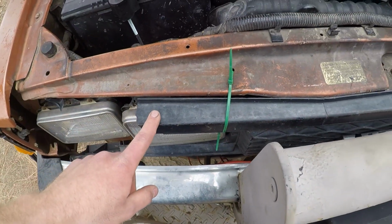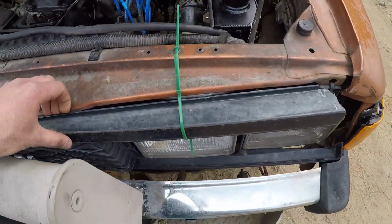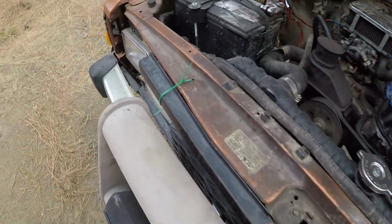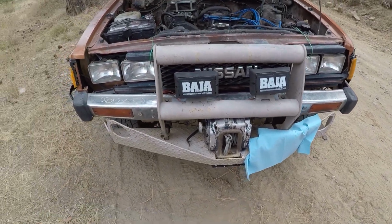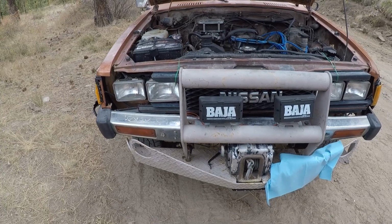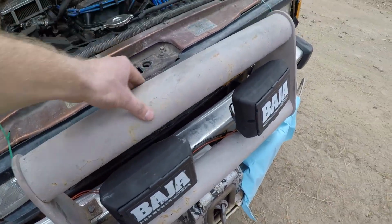We've got the old zip tie special grill on here, or what's left of it. Been through a lot and it kind of fell off the other day and I just zip tied it on in a hurry. This bumper, I pulled it out of the wrecking yard for $110 with the winch. It was pretty rusty. I cleaned it and painted it, but I didn't have power where I was at, so I just scrubbed it until I ran out of battery and then painted it,